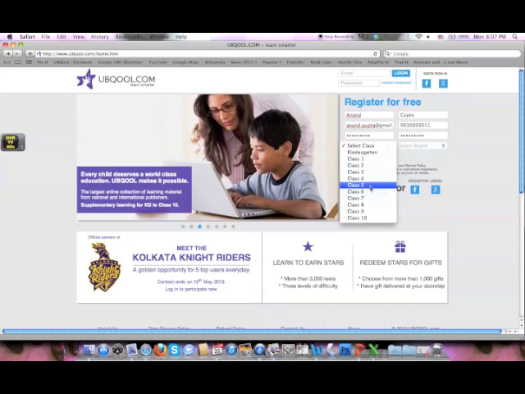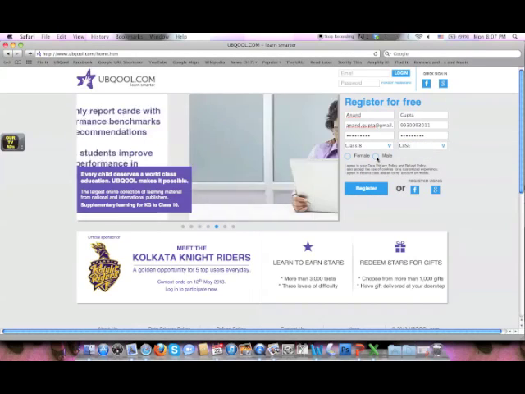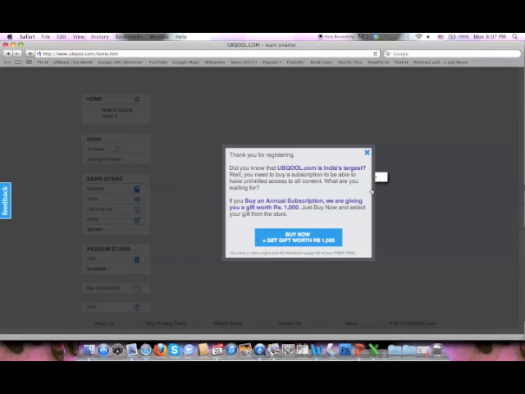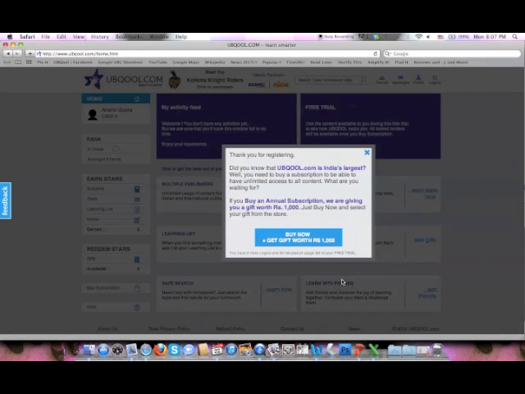Select a class first. So let's say we choose class 8. Then select the board, let's say CBSE. Then I select male and I click register. As simple as that. Once you register, you can decide to continue using the free trial, or you could buy